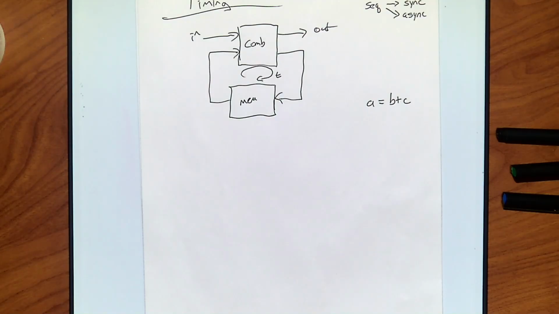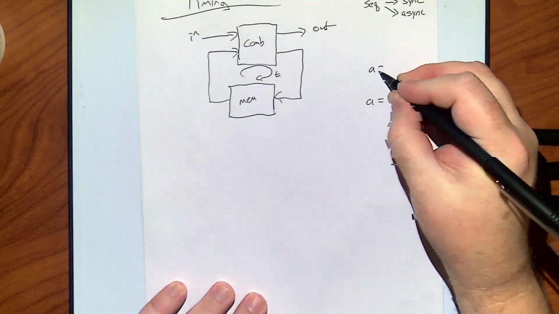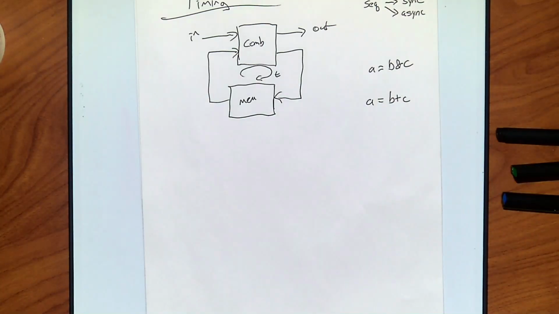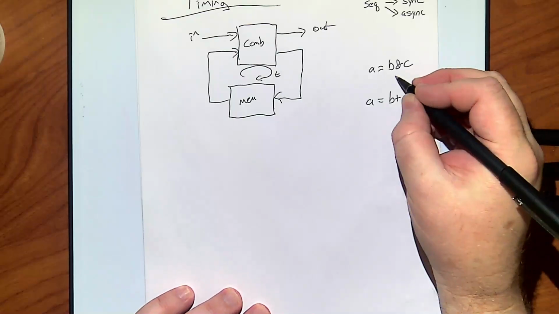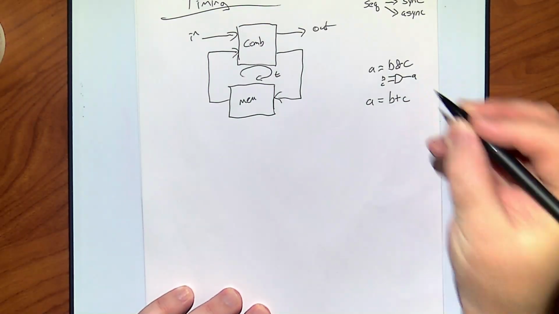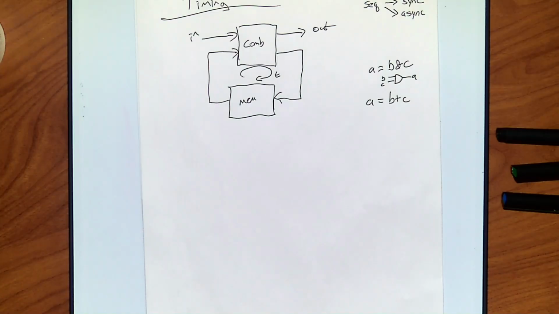So when you see something like this, right? Obviously, if I had something like A equals B and C, you would have this problem. You put an A, right? This would correspond to, here's B, here's C, here's my AND gate, there's A. Easy enough to infer. How about this one? If it was,